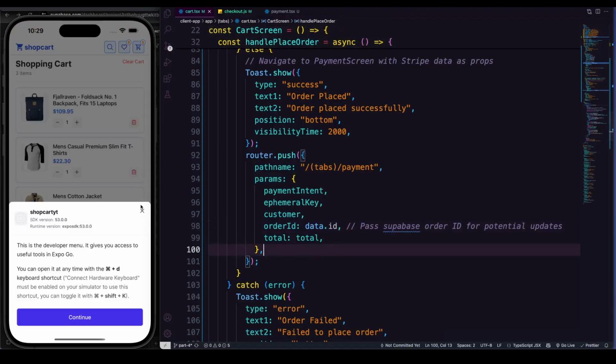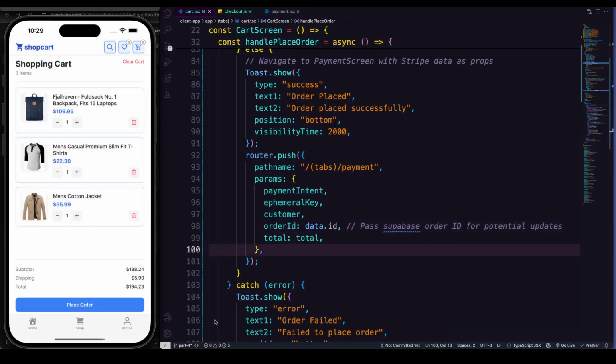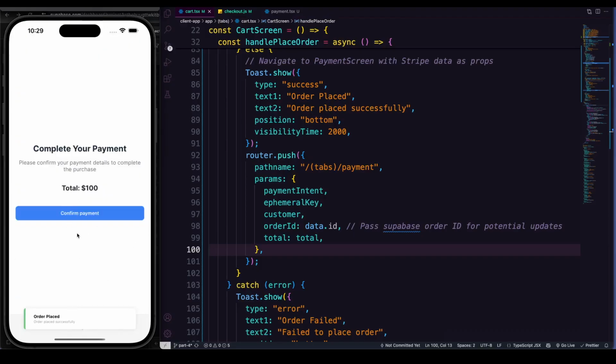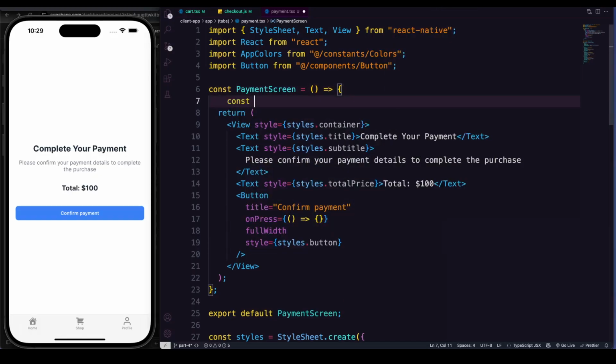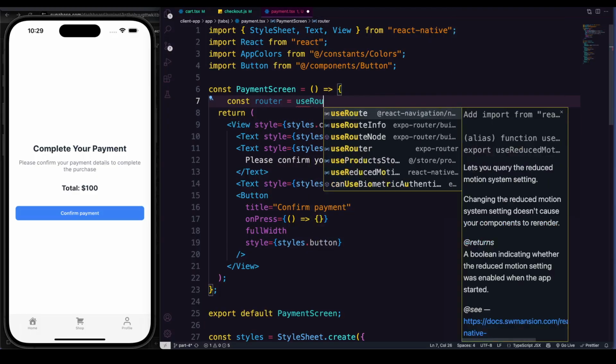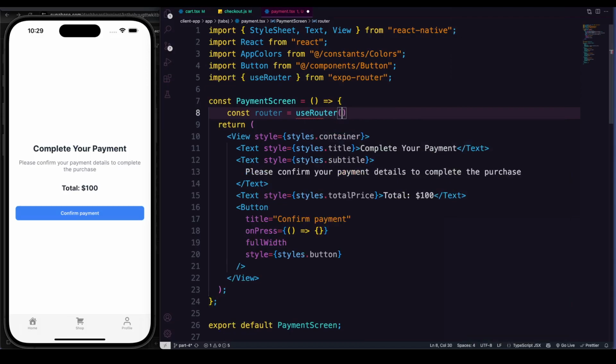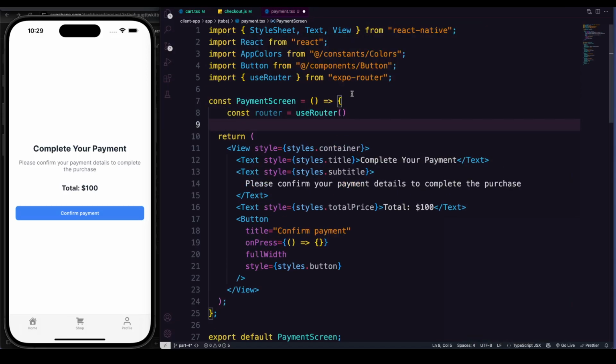Now as you see, if we just place the order, it will replace, and now order placed. So we are here in our payment screen. We need to capture whatever values we are passing, our entire value. We need to create const router, which is coming from useRouter, and after that we're gonna pass the value, let's say const, and all the methods gonna come from useLocalSearchParams,